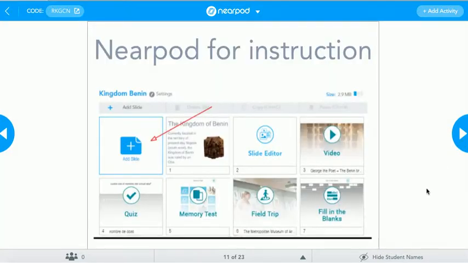If you have a look at this screenshot I have here, one of the things you need to be doing in your lessons in the 21st century is to have a variety of instructional techniques. And if you have a look at this page, it is possible for you to have a video embedded, you have a quiz, you can have a memory test, you can actually take the students on a virtual field trip, you have fill in the blanks, which is taking care of your literacy as well as checking your understanding. There are so many different things you can do. And even more